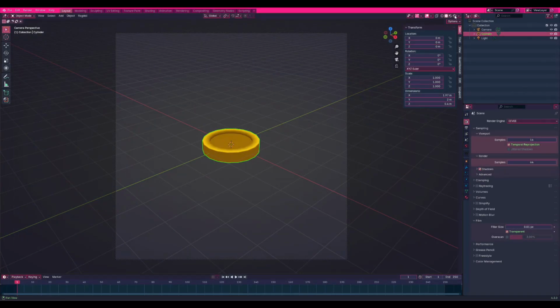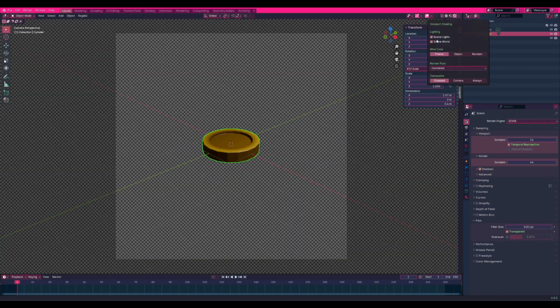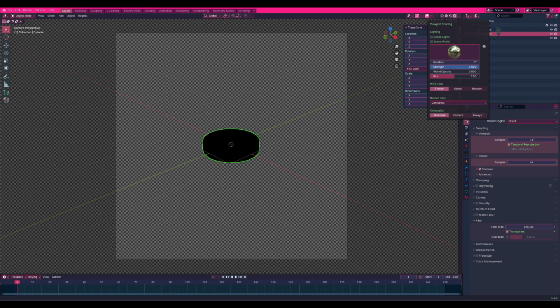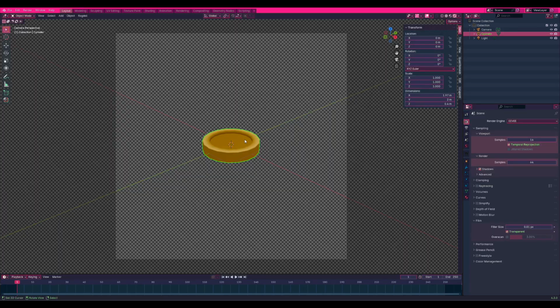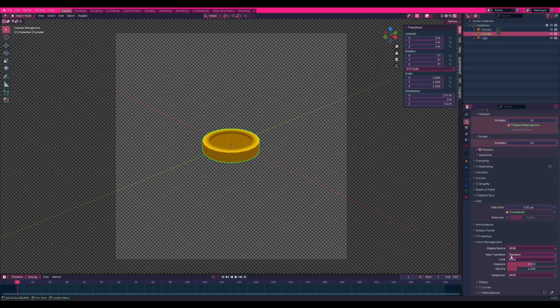Alright, next we want to change our lighting. I like to have flat lighting in most of these just because there's more consistency. We want to go into shading as well and apply our color attribute into the emission node, and set it to 1. And then we should have pretty flat shading in our render view. If the color looks off, you might want to go to your color management and set it to standard. And now when we render this,